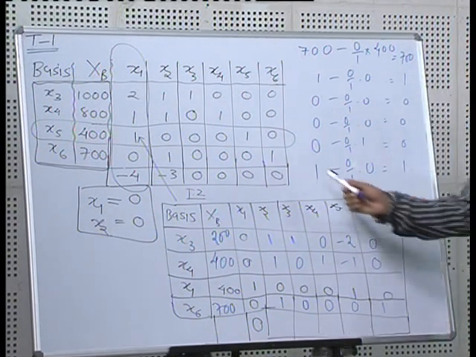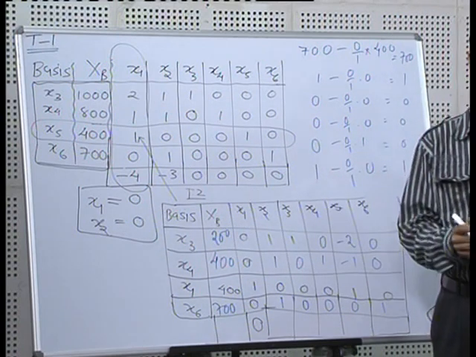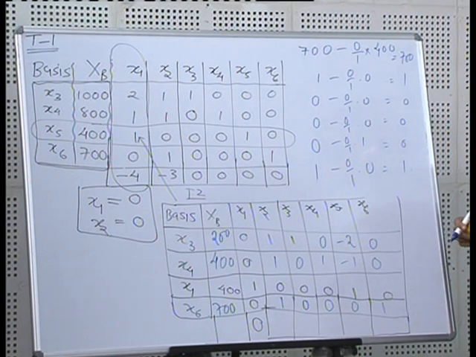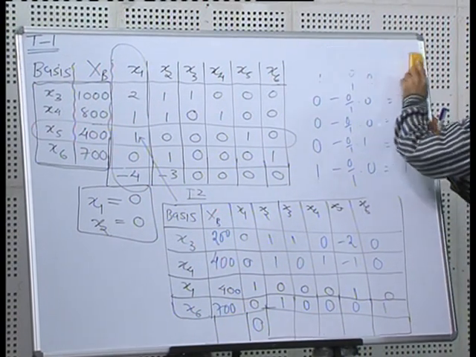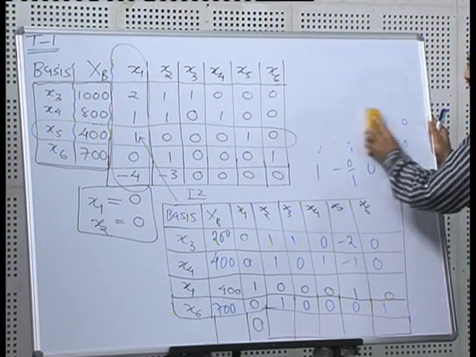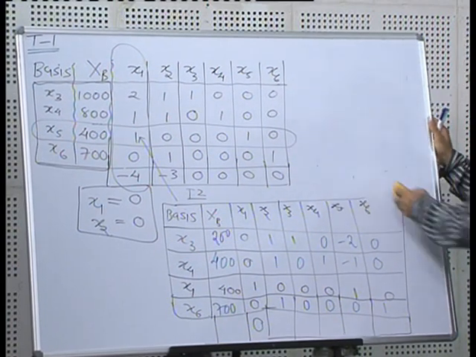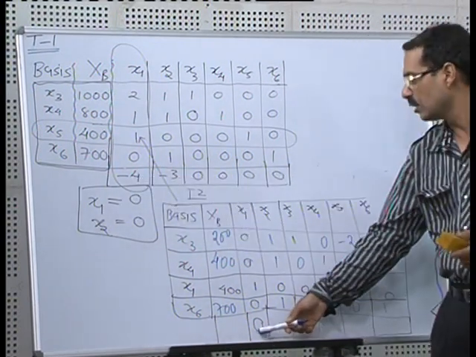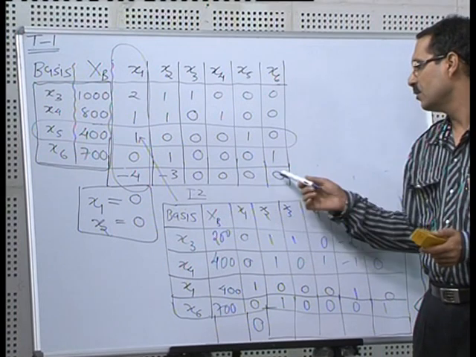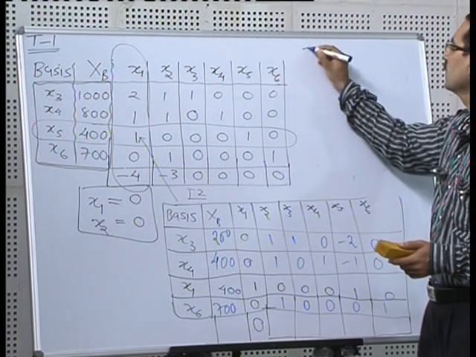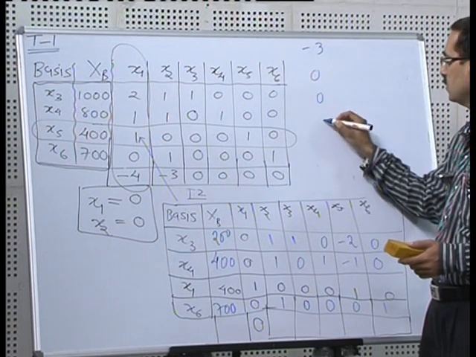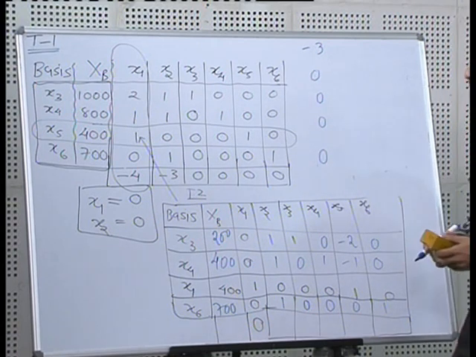Okay, but still the last row, in fact the last row is the most crucial row, because the last row is going to decide whether the question has ended or not. So, we go to the last row. One advantage is there in the last row, that it is a bit shorter. You can see that one number is less there. Anyway, minus 4 is taken care of, it is 0. So, only 5 numbers are left. They are minus 3, 0, 0, 0 and 0.